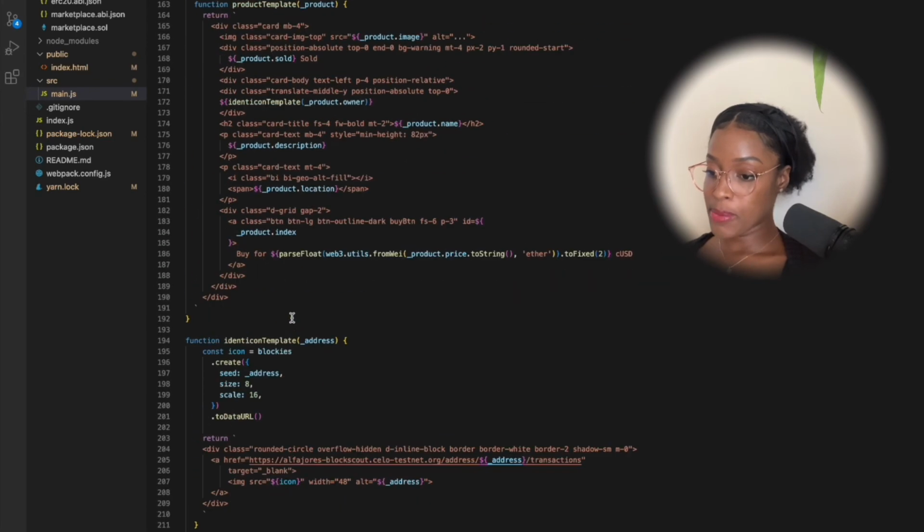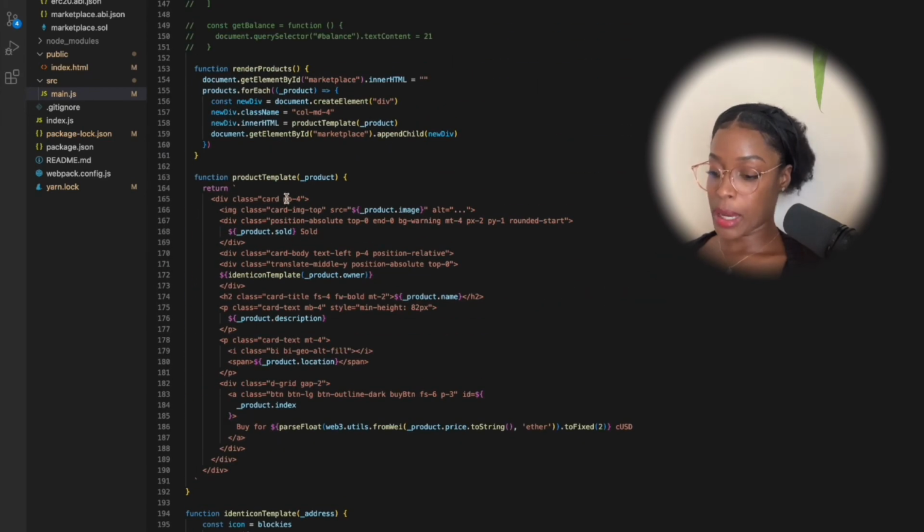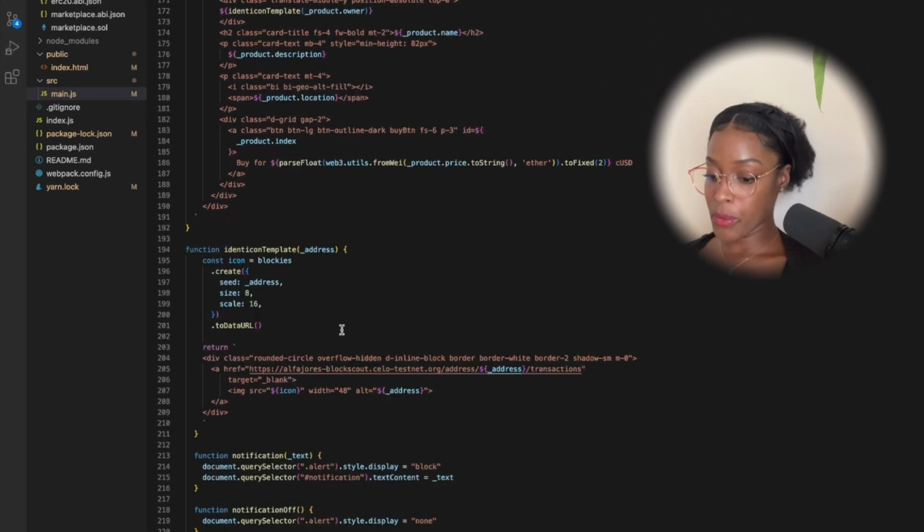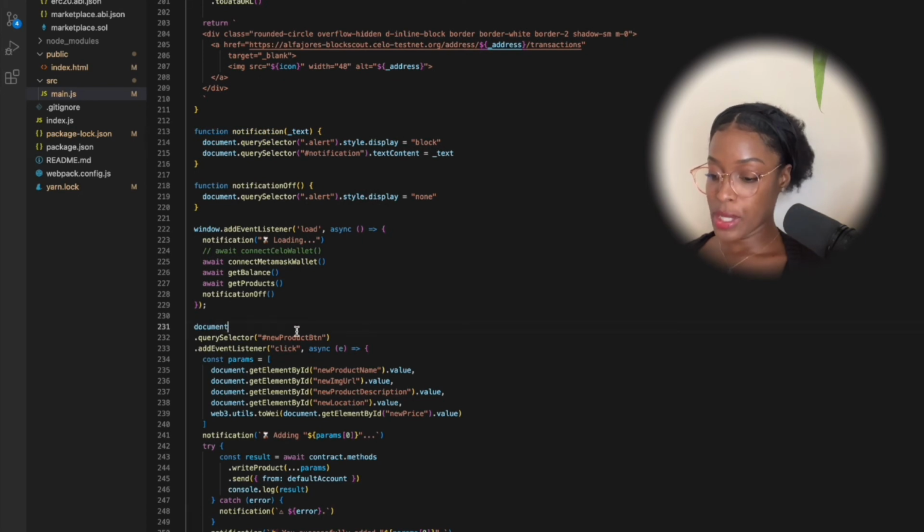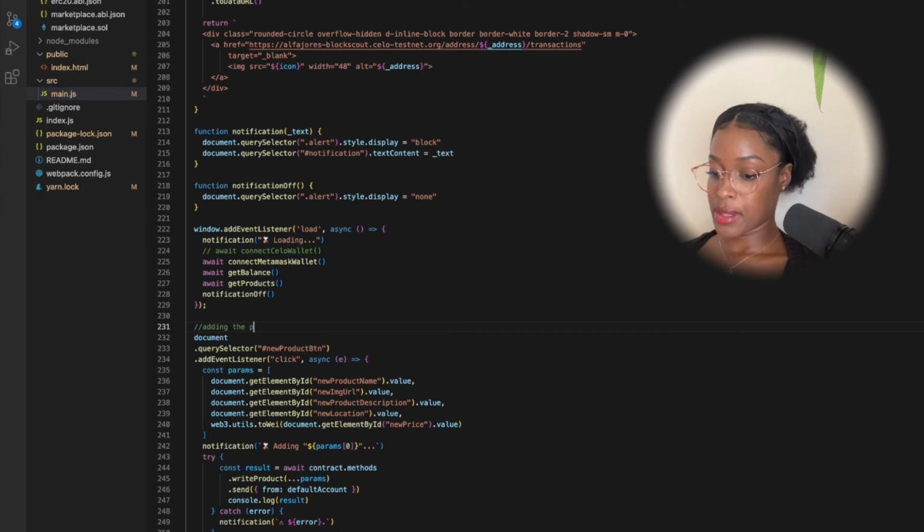So where we display the products in the product template, I also did the from Wei, and I switched it to Ether, and I did toFixed(2). And I think when we do add product as well, so the new product button, if I just put a comment, adding the product,